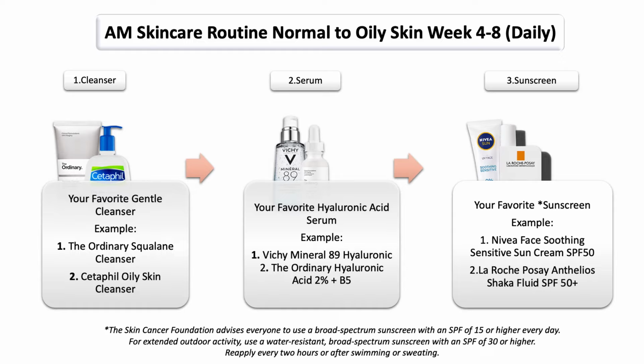This is also a routine that saves a lot of time, especially in the morning. Gentle cleanser, hyaluronic acid, your sunscreen. Then in the evening, you can now go ahead and add your retinol to your skincare routine if you like to. Now, if you're going to add retinol into your skincare routine, you have to keep in mind,